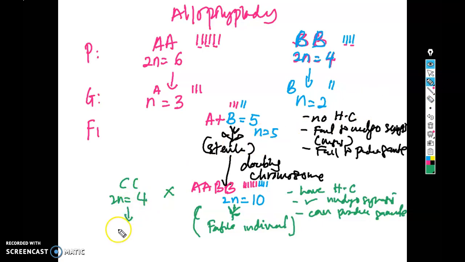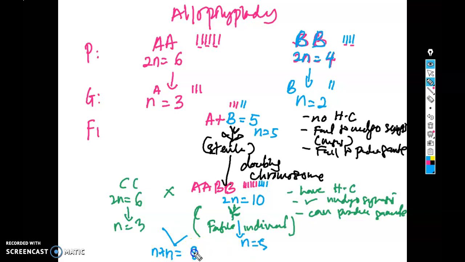They will produce gametes n equal to 3, and this one produces gametes N equal to 5. After fertilization they produce an individual N plus N, equal to 5 and 3,